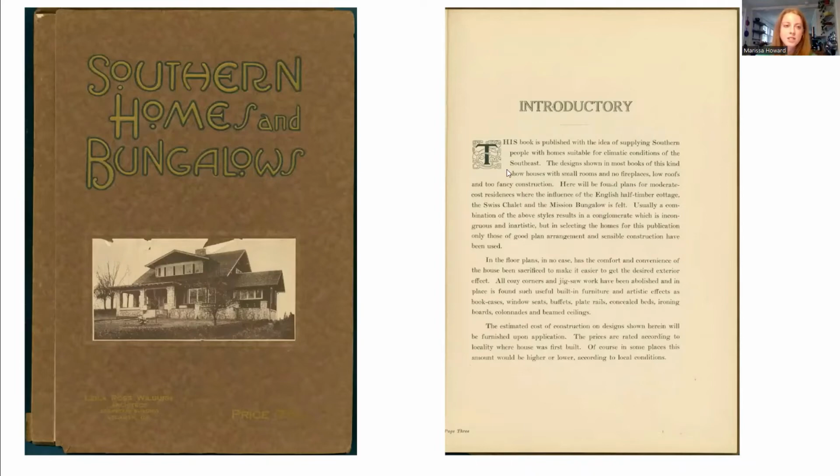It's an 8.5 by 11 book, and there are beautiful photographs in it. A lot of these books are actually digitized, and I'm happy to send out the links, but they're also easily accessible to find online. In the introduction, she tells a little bit of what she's inspired by. She says,